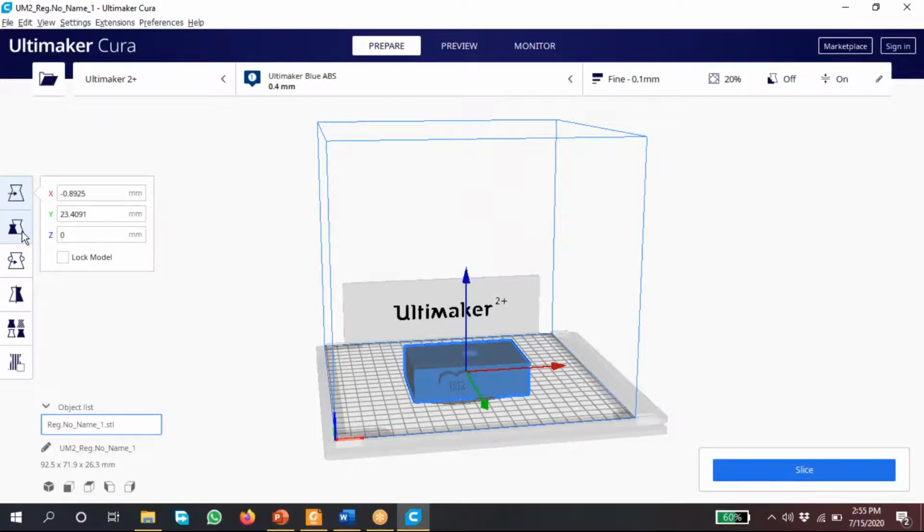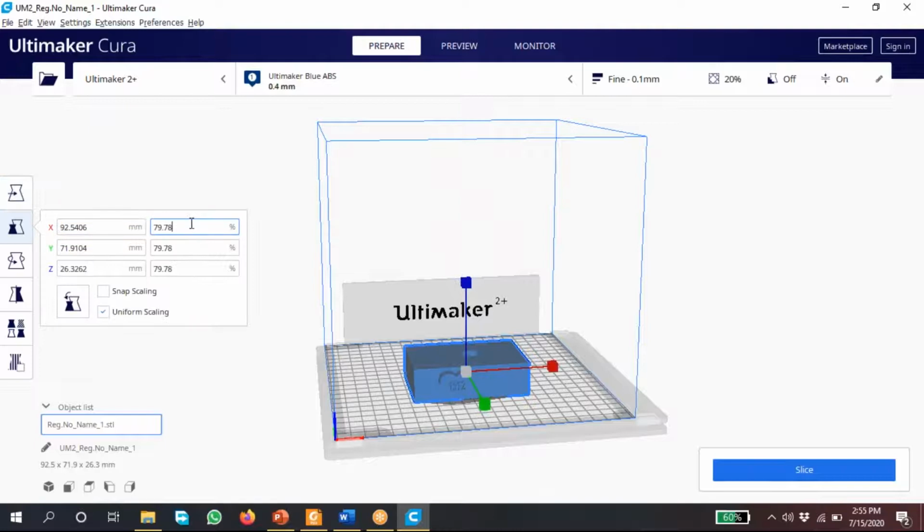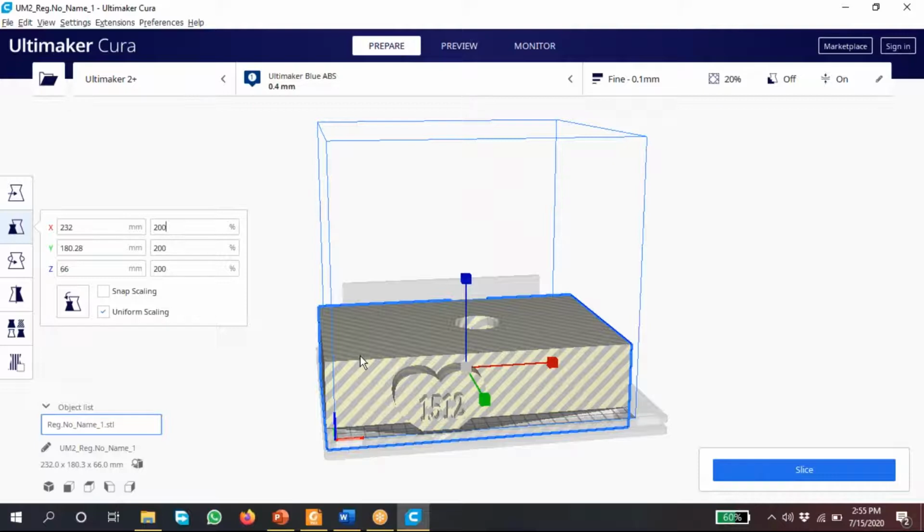If it is completely inside the cube, then it won't show hatching lines.